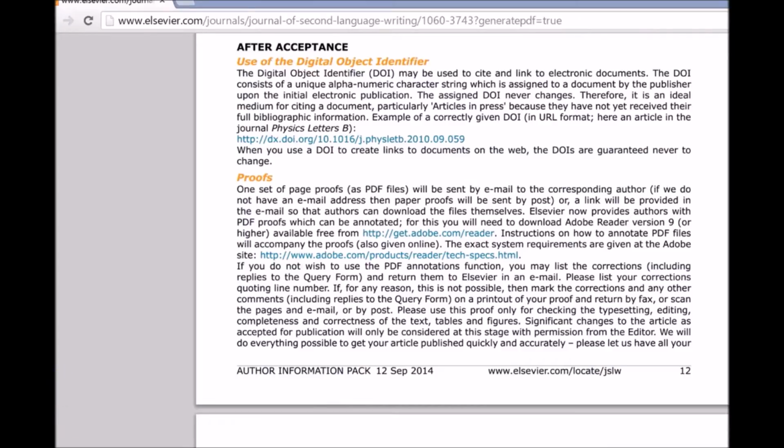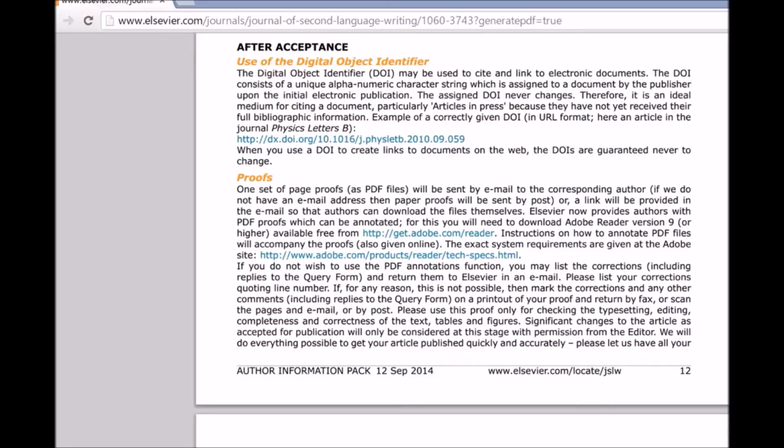Once you get the paper accepted, they usually post the paper nowadays, particularly large journals. Before it comes out, they give it a DOI, digital object identifier. I don't usually use these. Other people use them maybe to cite papers. You get a set of proofs, which are PDF files, that will be sent to the author that's designated as the corresponding author.